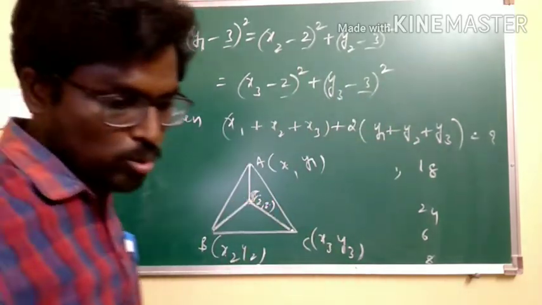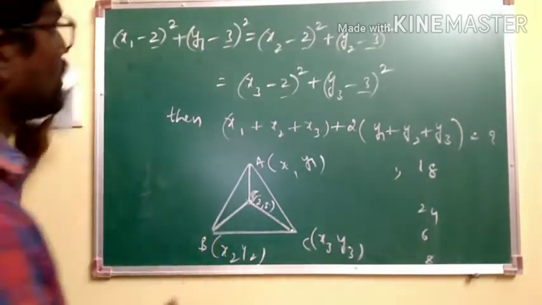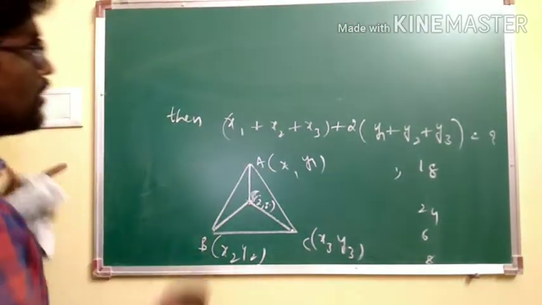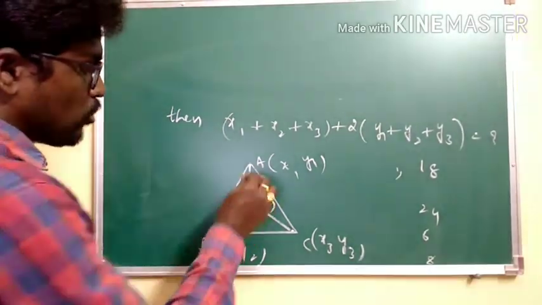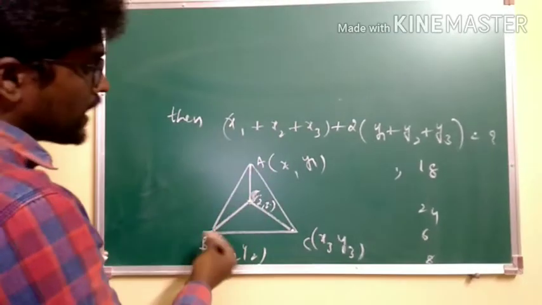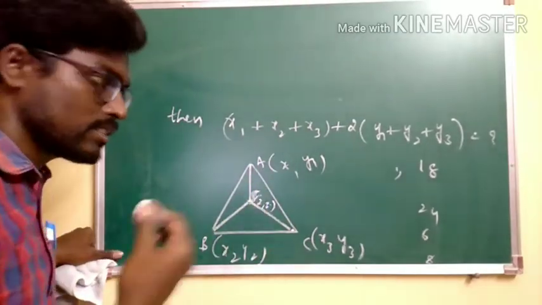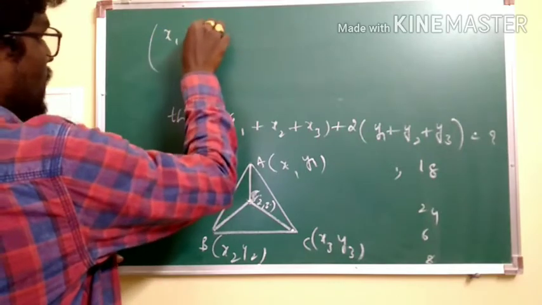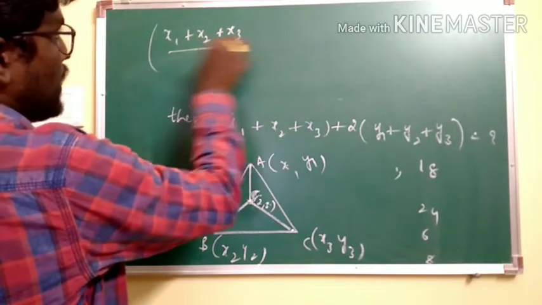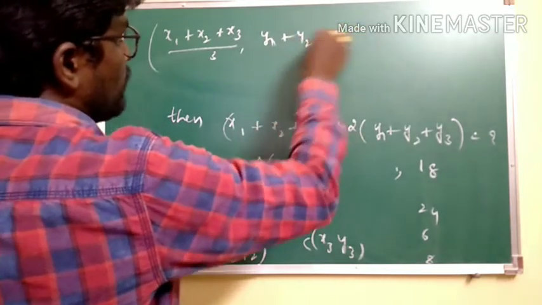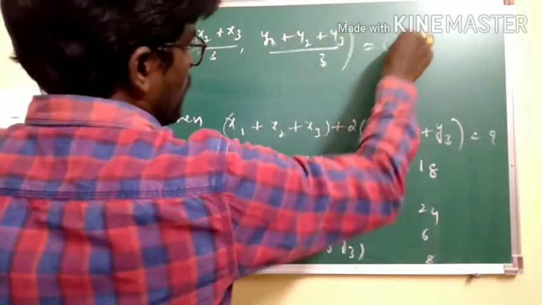Means here 2 comma 3 is the circumcenter of the given triangle, and it is clearly mentioned that it is equilateral. So in the equilateral triangle, the circumcenter coincides with the centroid. Therefore the coordinates we have for the circumcenter are the same coordinates for the centroid. What is the centroid? x1 plus x2 plus x3 by 3, y1 plus y2 plus y3 by 3